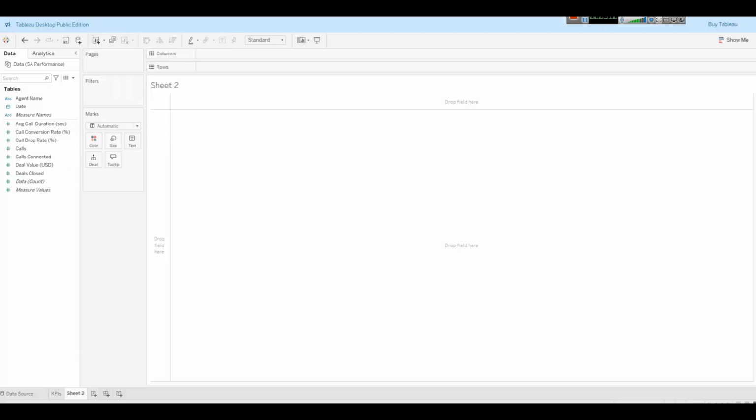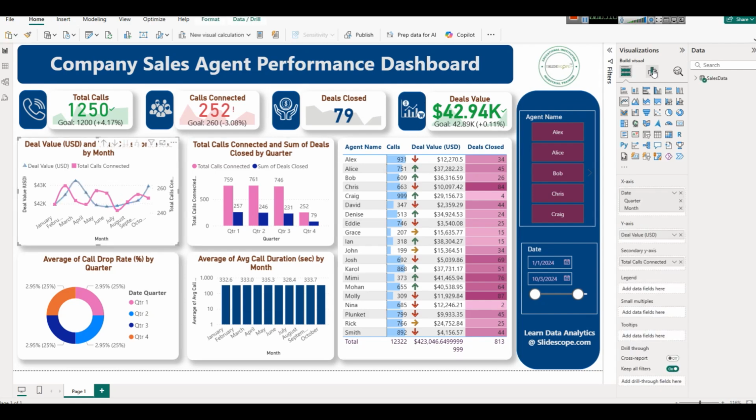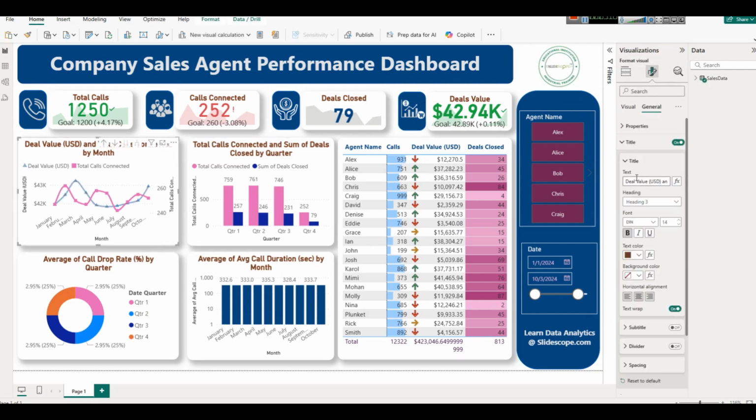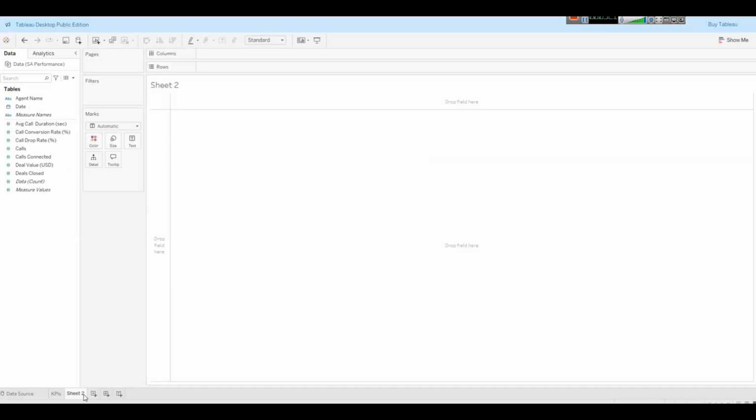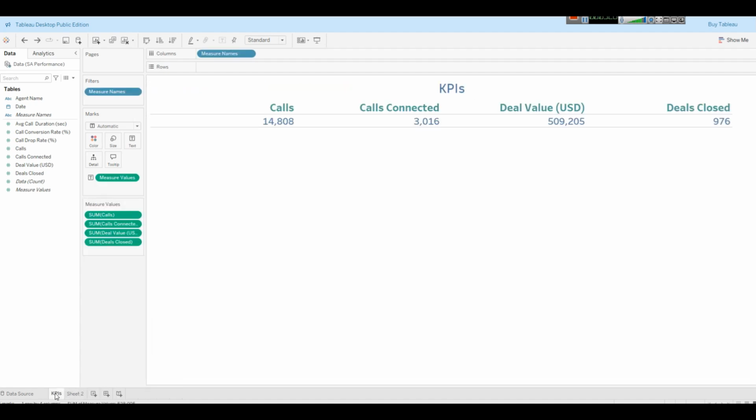So here in Tableau, to show that, first of all, I will copy the title. So here we have the title, deals value, and in Tableau we will just rename the title like this. If you just want to copy the styling, we can duplicate this sheet, remove this one, and after duplicating we can simply rename it. So now you can see the same heading pattern will be copied, and we can remove these charts because they